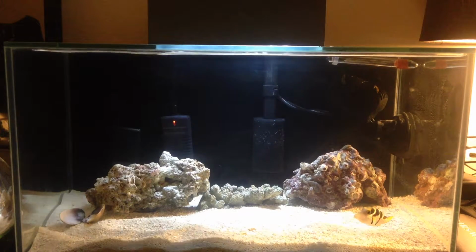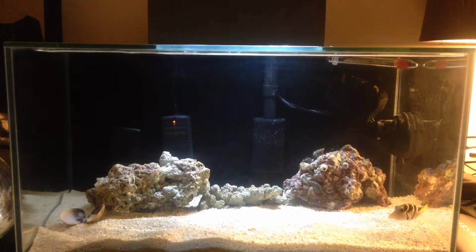I just didn't know what to expect with the behavior of this kind of fish, and what I found out was that it varies. I've seen a lot of fish on videos being really outgoing and eating out of the owner's hand, and also flirting with the camera and stuff like that. They can be really cute fish and really outgoing, but at first I kind of freaked out a little bit